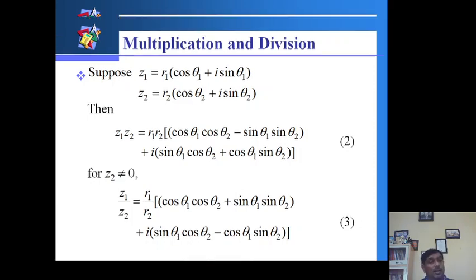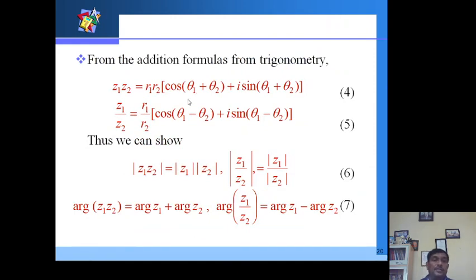Sin A cos B and cos A sin B form. Means if you're using that, we get z1 z2 is r1 r2 into cos of (A plus B) plus i sin of (A plus B) form. Then that can also be cos (theta 1 plus theta 2), another theta. Then it is also a complex form. Similarly,